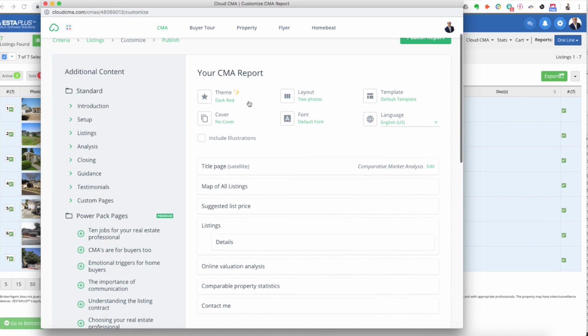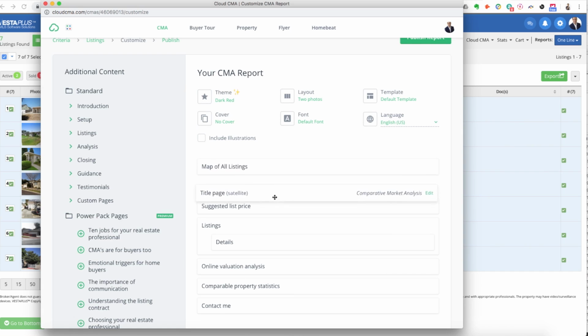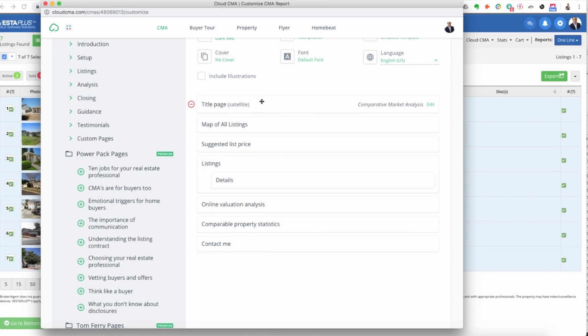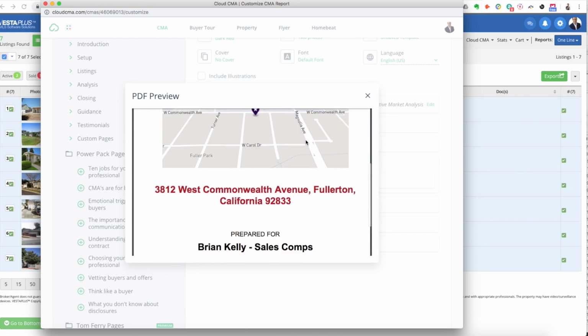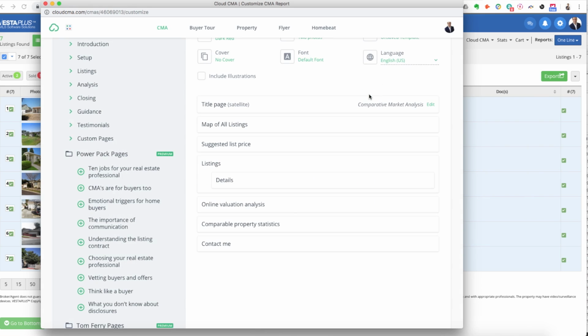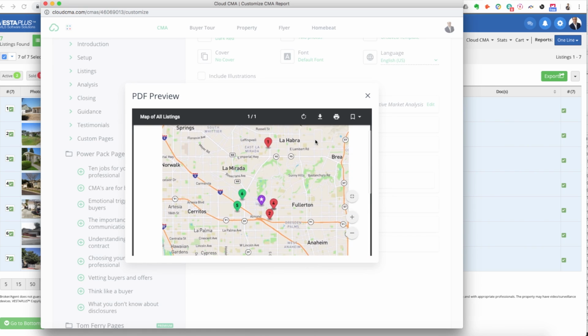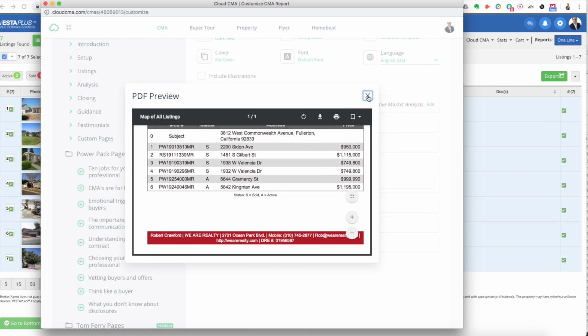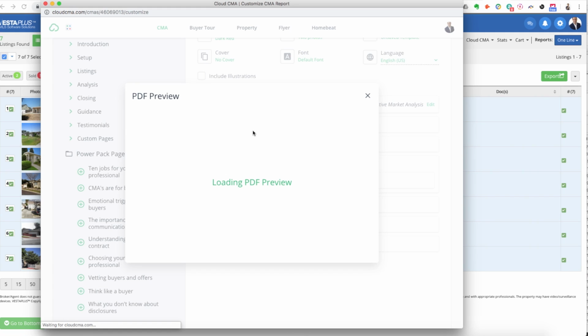Here's our standard customization. You can easily select these items or add them and then drag and drop them in their order that you wish the PDF to generate. Here we have our title page at the top, and then if we click on a preview, it'll look similar to this. We have a map of all the listings. Then we'll include all the listings in detail,